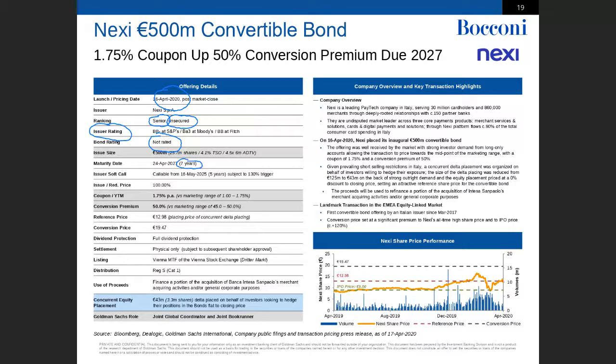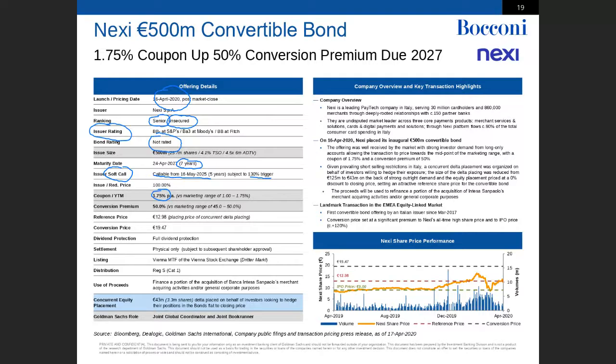But there is a provisional call that the issuer, in this case Nexi, the CFO of Nexi, can call the bond back starting from 16 May 2025, in case the bond has a 130% value. So in order to avoid that you issue shares at 130, if it gets to 130, the CFO has the possibility to call the bond back. It is an option. The coupon is 175.